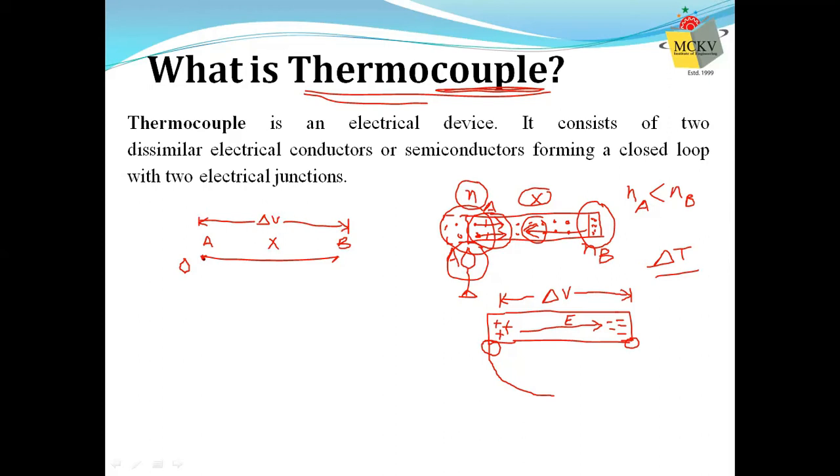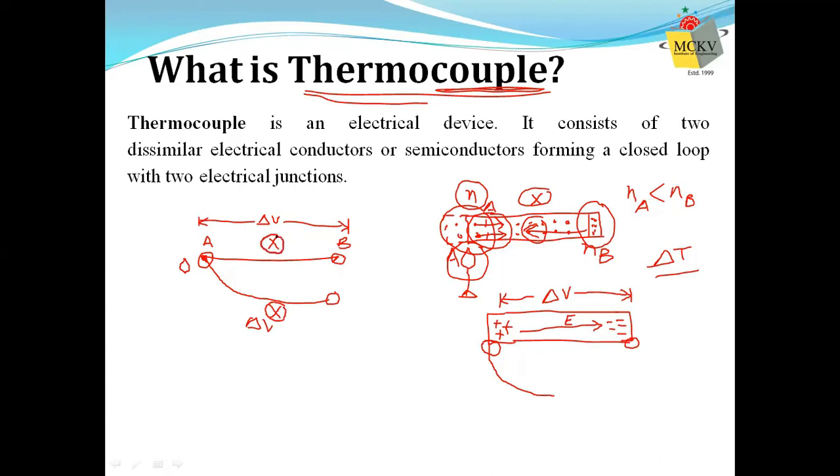Now if I want to measure it, I connect it with another metal. Let us say even this metal is X. So this metal is joined at this junction, so the potential at this junction for the two metals is the same since they are joined. And this is at the cooler end, let's say at room temperature. This is also at the cooler end at room temperature. So the potential difference in this metal will be the same as in the other, because the materials are the same. Both are X.